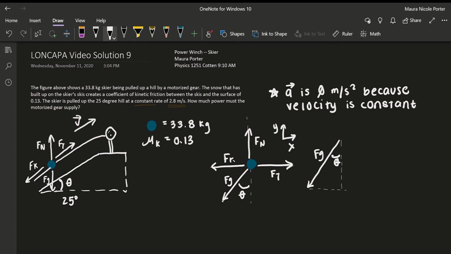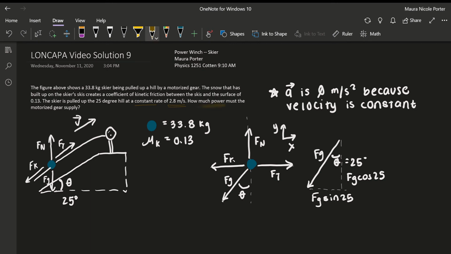And so that theta, as we've already said, is 25 degrees. And that makes this side, F g cosine of 25, and this one, F g sine of 25. That'll just make it easier later in the problem when we're trying to figure out the x and y components of force. Alright, so now that we have all this prep done,